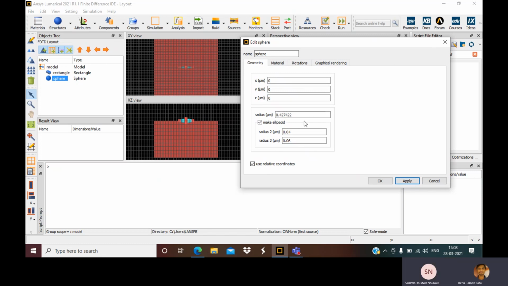I'll make this 5. This is almost a sphere, but not quite. Radius 1, radius 2, and this radius is also 0.5.